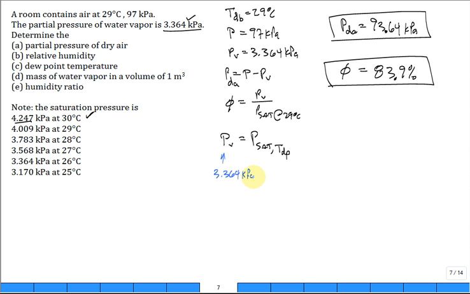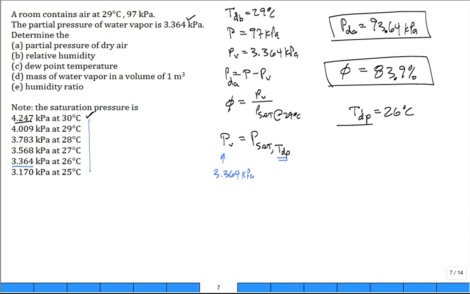So I want to find at what temperature, the dew point temperature, is the saturation pressure equal to 3.364 kPa. And we just look down in our table. Did I say 39? Well, anyway, that's the same number, right? So the dew point temperature,